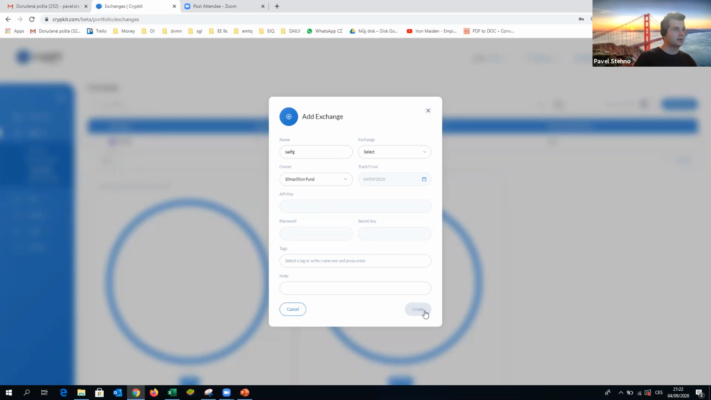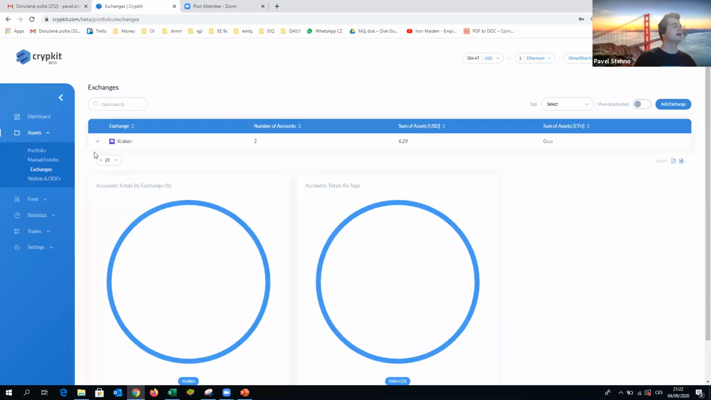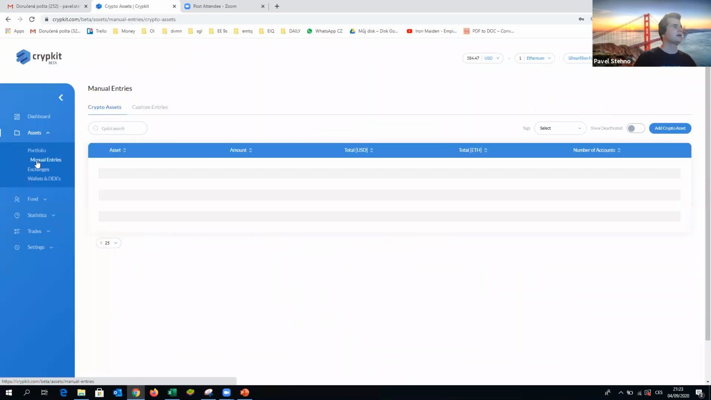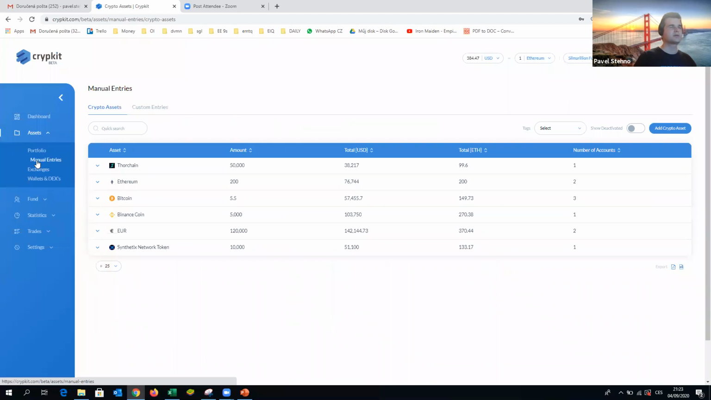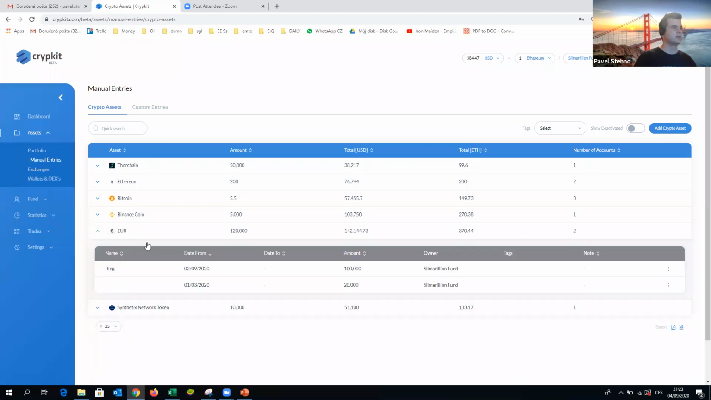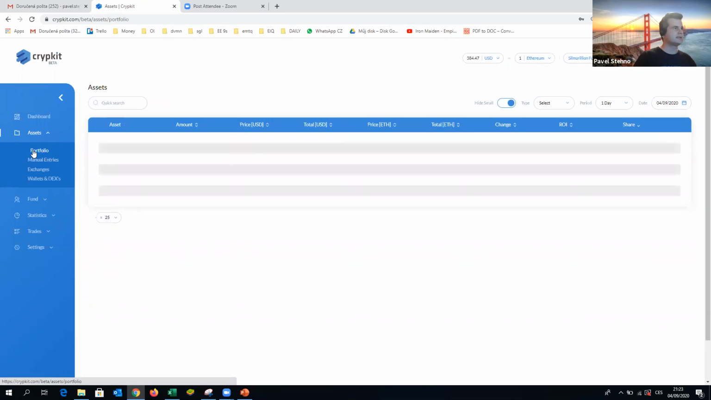Then you will hit create, the exchange will show up, and the data will be automatically tracked by Crypkit to your portfolios. Lastly, you should create manual entries if there are any other assets in your fund that are not already automatically tracked. The typical example would be euros in the bank. Say you still have some money in the bank, you just create a manual entry. Once you fill in all these details,